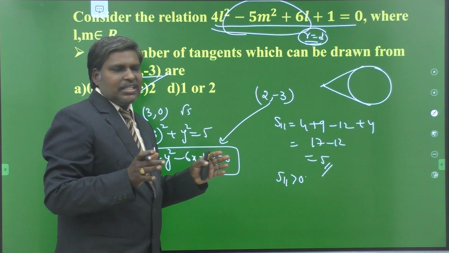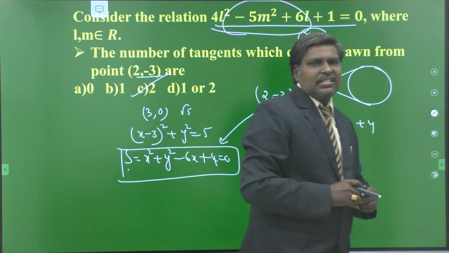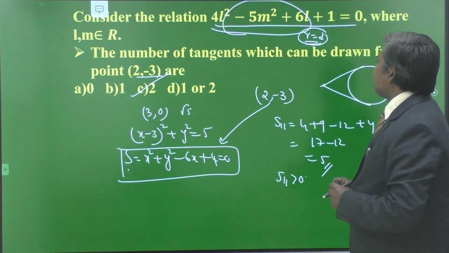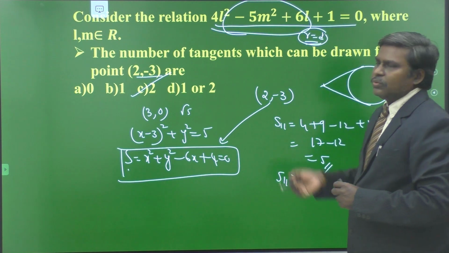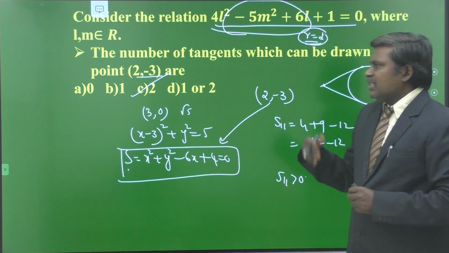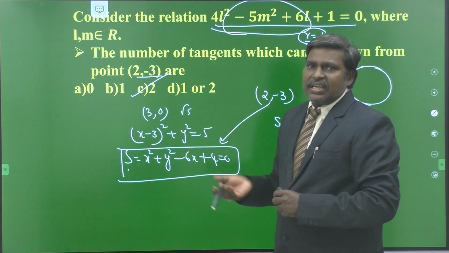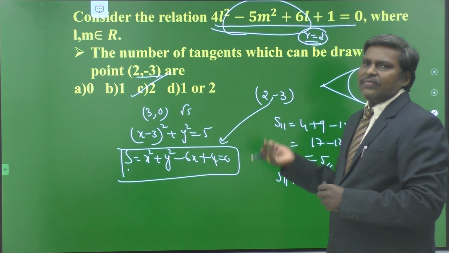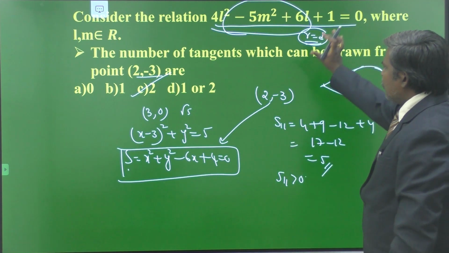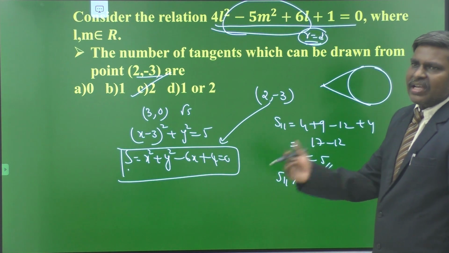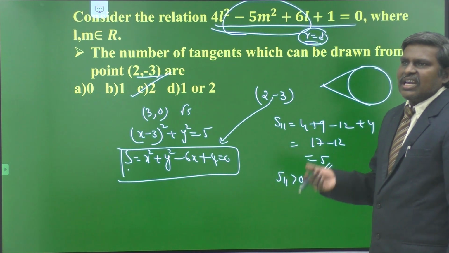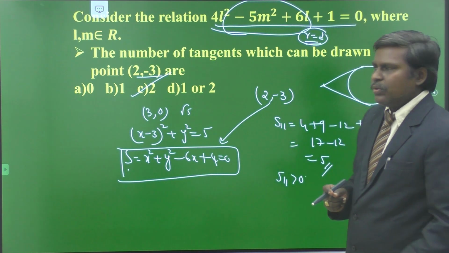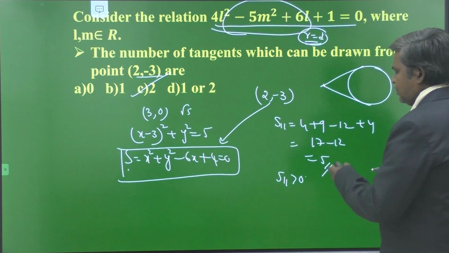The one and only aspect is here you have to evaluate the center and radius of the circle from this concept: 4l square minus 5m square plus 6l plus 1 equal to 0. From that you have to write in the form of r equal to d form. Then immediately we obtain the circle, center and radius of the circle. From that you can write all these things, number of tangents and the point of intersection of the chord of contact, whatever it may be. So by looking at the expression itself, you have to make that in the form of r equal to d by using lx plus my plus 1 is equal to 0. That is the line tangent to the corresponding circle. Understand? Okay. Let us move to the next paragraph, my dears.